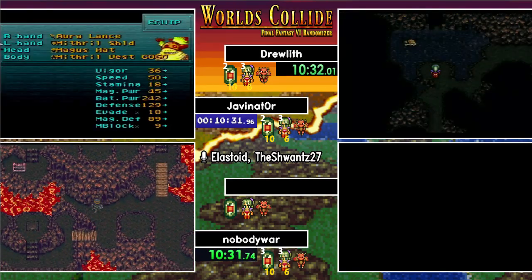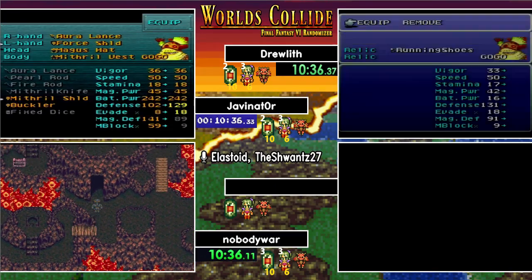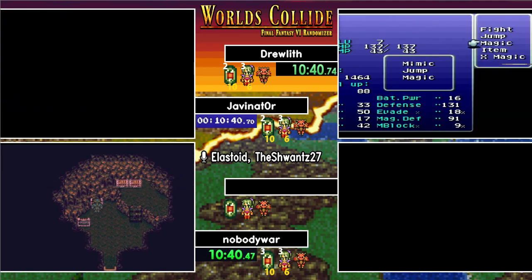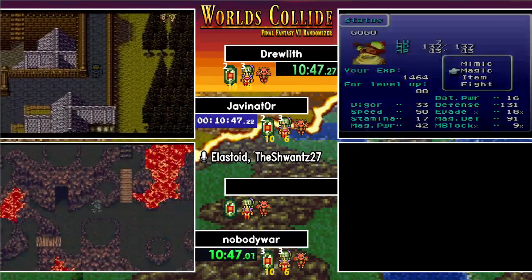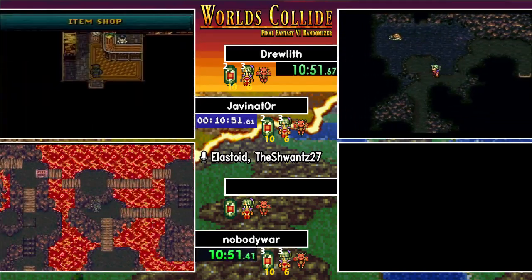In Worlds Collide, in this particular set of options, our enemies are at level characters plus espers plus dragons times 2.5. So for both Drewlith and Javinator, that's level 12.5-ish. For Nobody War, he's got an extra piece of what we call progression. So for him, that is going to be level 15 on his enemies. Now, there's a